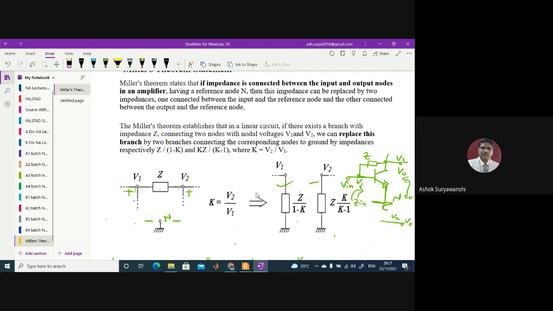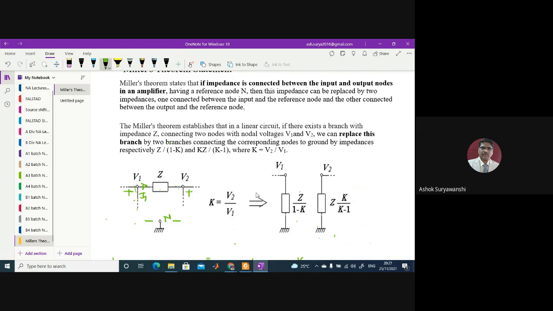But just to give the idea, I have again considered in short this particular transistor amplifier, because Miller's theorem is mostly used in transistor amplifiers. Now how do we find this? Let us understand this is plus minus with respect to ground, and suppose there is a current I1 flowing on this side.